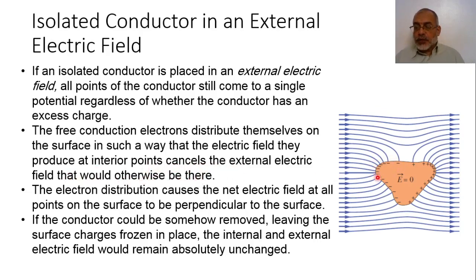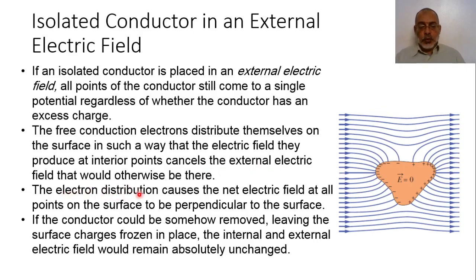So the negative charge of the electrons will accumulate in this direction and will be depleted from this point, such that we have positive charge here and negative charges here. This positive and negative charge will introduce an electric field in this direction. This is opposite to the external electric field. So the internal electric field plus the external electric field will cancel each other, such that the total electric field inside the conductor is zero.